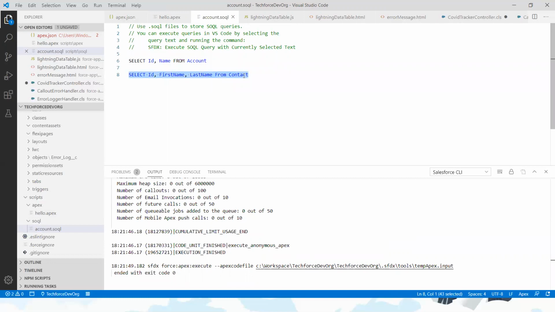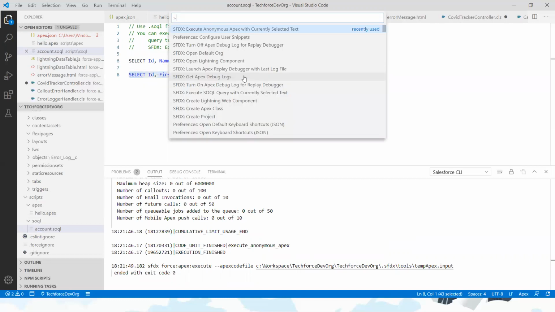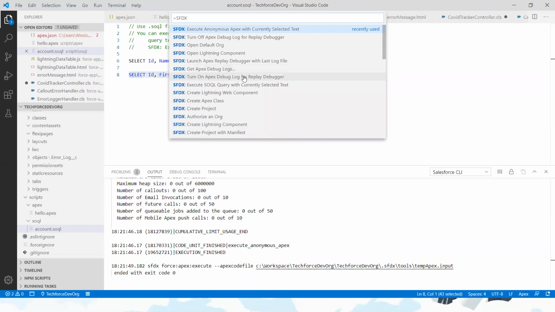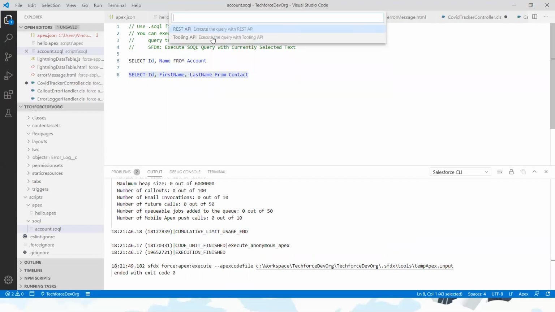I selected this contact query. Control Shift P again. Here sfdx colon, yeah, execute SOQL query with currently selected text, and here it asks to select whether this query executes in the REST API or the tooling API.